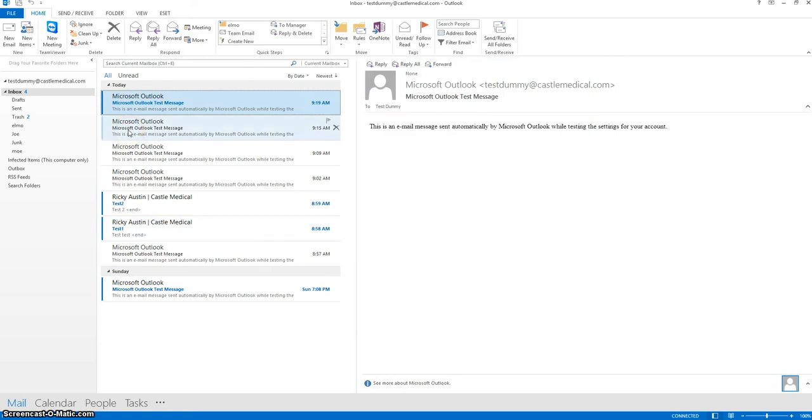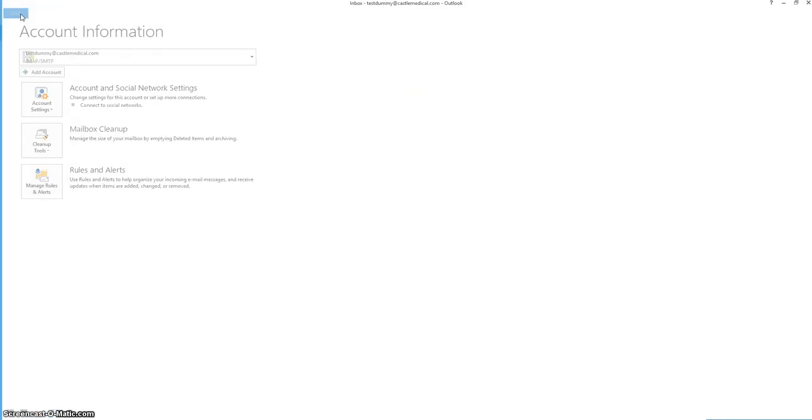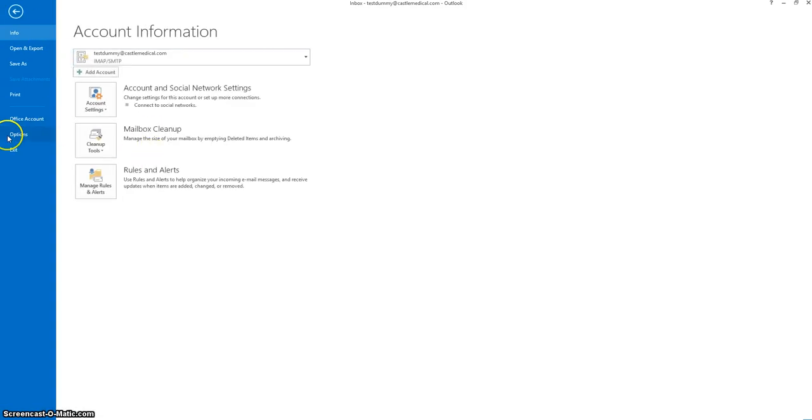This is a tutorial that's going to show you how to update your Outlook to the new email settings if you're using IMAP. First, you want to start by backing up your emails. So we're going to go to File, Options,